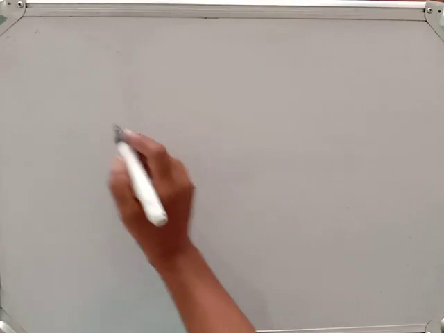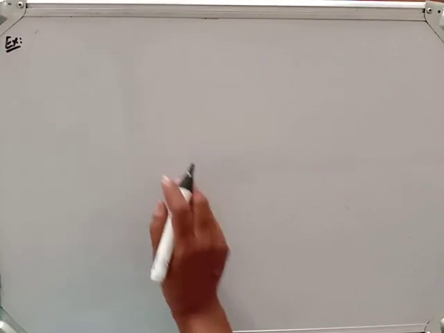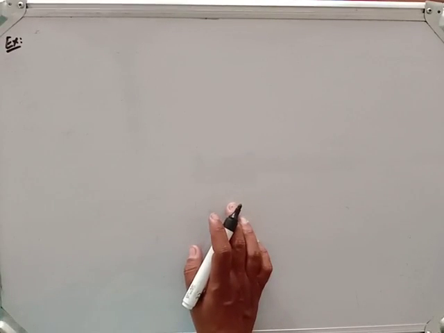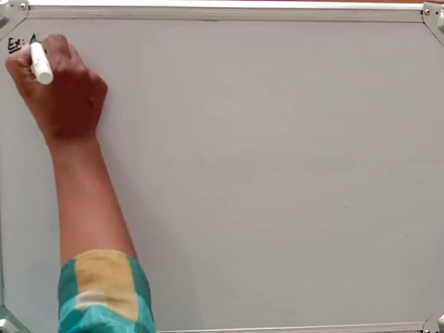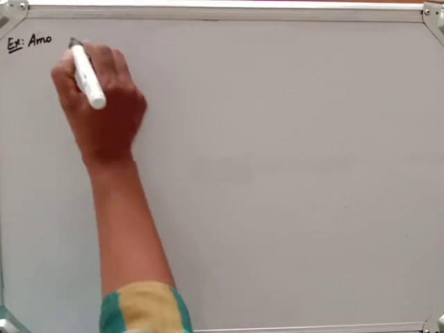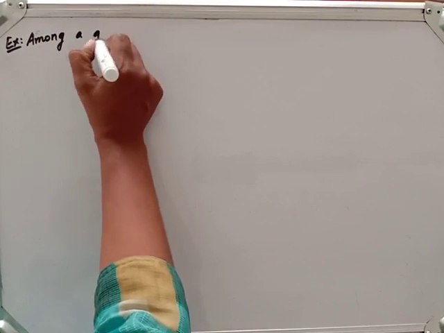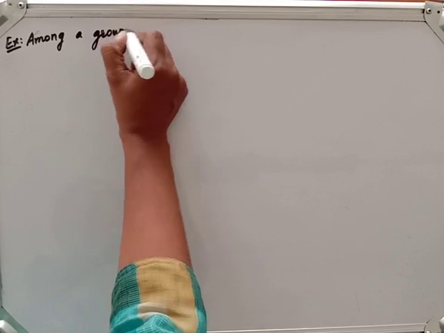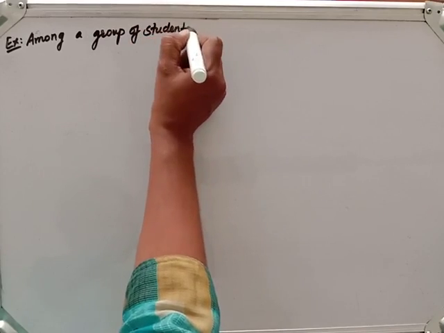Hello students, now in this video let us take some more examples on continuous frequency distribution, to find a median. Continuous frequency distribution is given to us and we are finding, so not a mode, we are finding a median. Among a group of students,